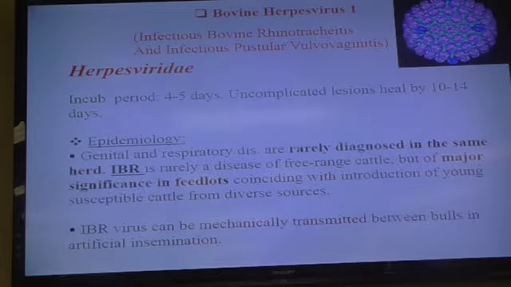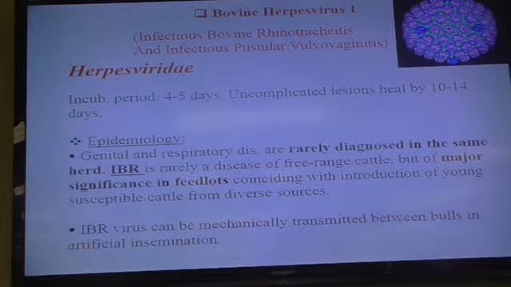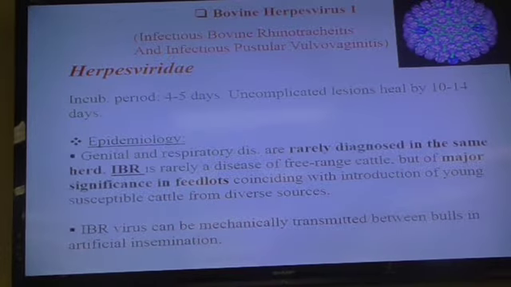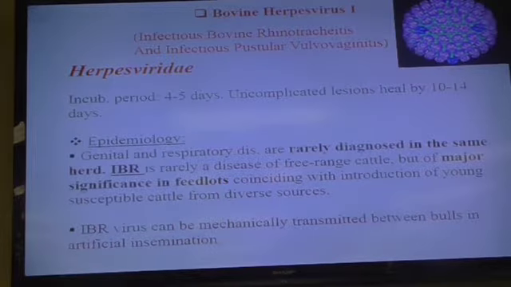It's of major significance in feedlots, again because of the crowding and the stress. The virus can be present in the semen, so the bulls can transfer the virus to cows